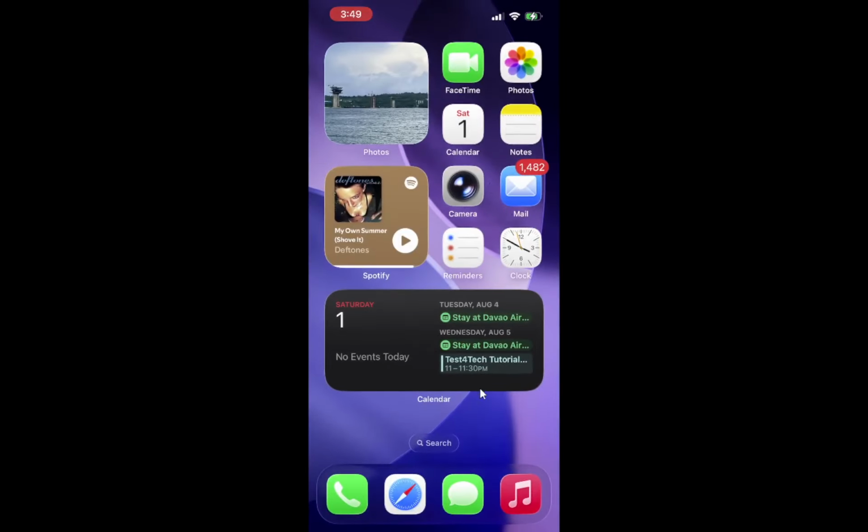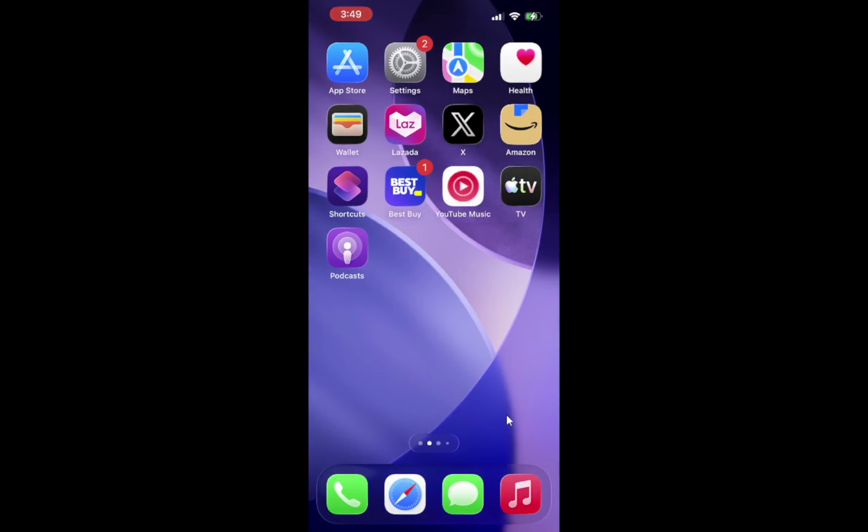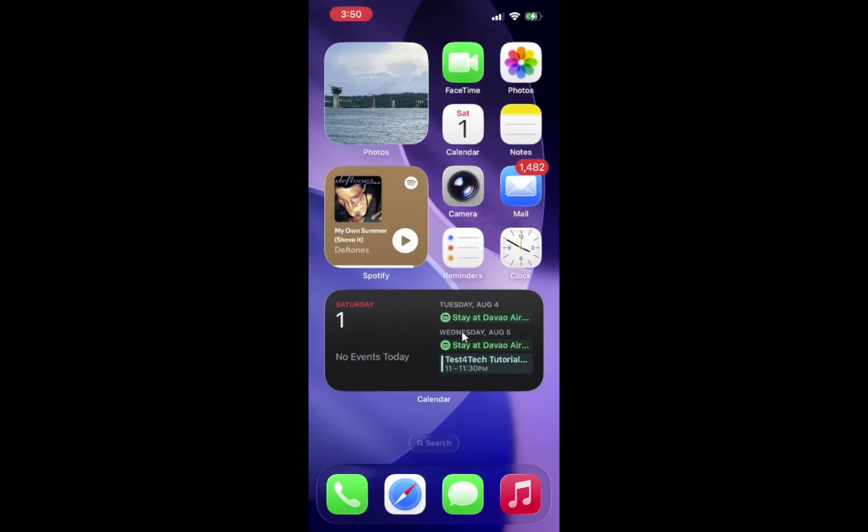If you just unlocked your phone, you are probably already there. If not, swipe up once to exit any app, and you should see your rows of app icons and any widgets you have already added. Take a quick moment to look for the widget you want to resize so you know exactly where it is before you start editing. Now, touch and hold an empty area until the apps and widgets start to jiggle.